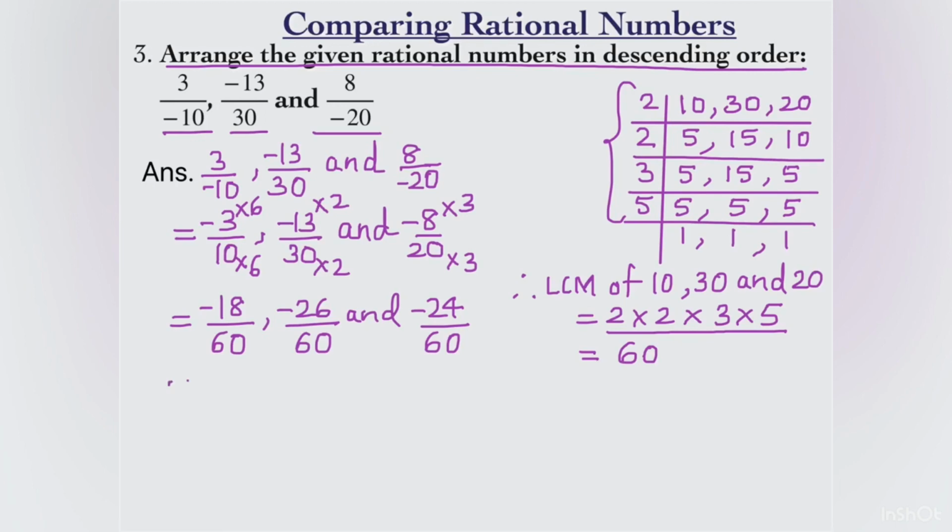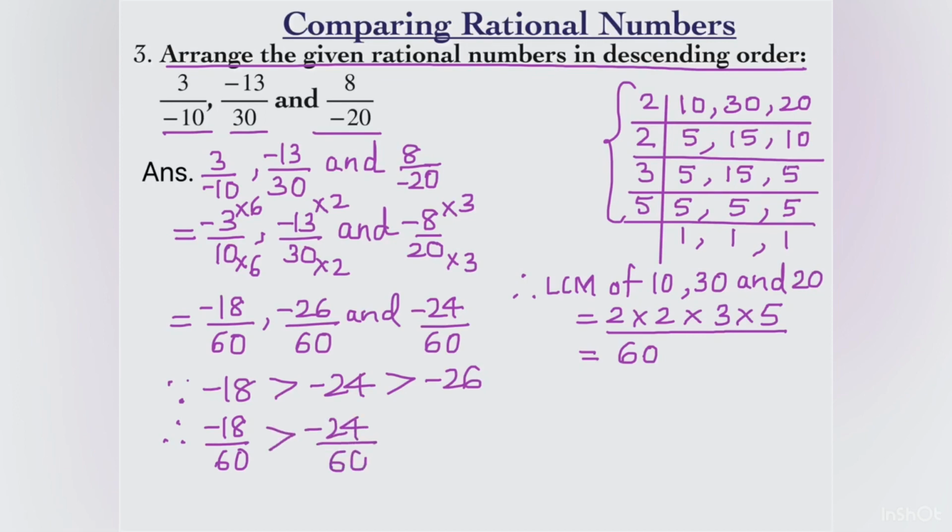Since minus 18 is greater than minus 24 is greater than minus 26, therefore minus 18 by 60 is greater than minus 24 by 60 is greater than minus 26 by 60. This implies that